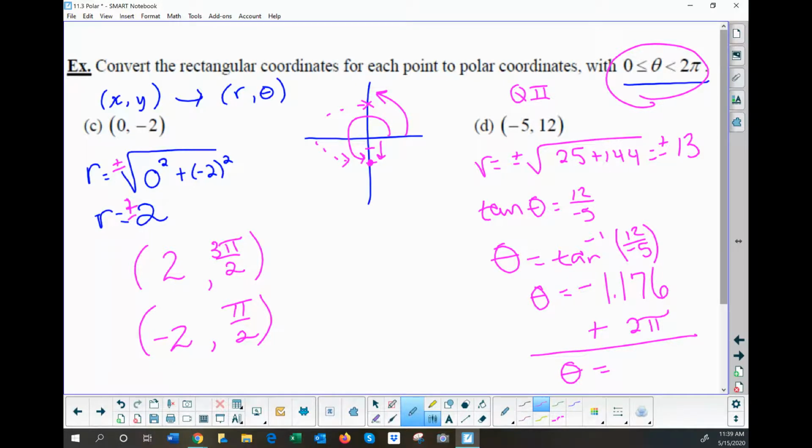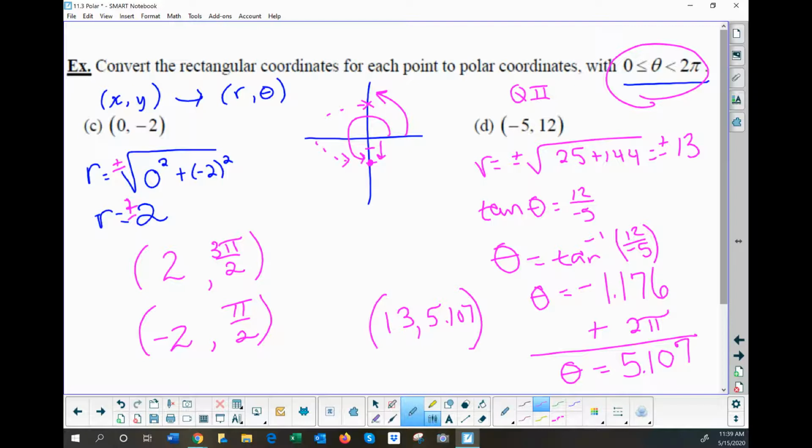And if I add 6.28 to that, I'm going to come in with 5.107. Alrighty, so the ordered pair, r was 13, and this will land me at 5.107,